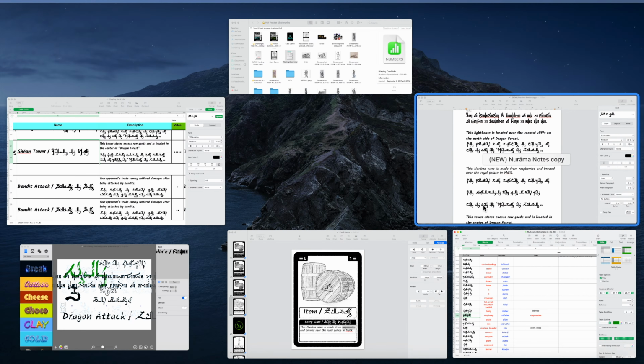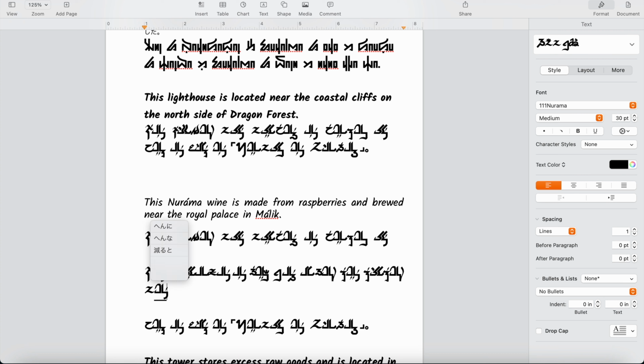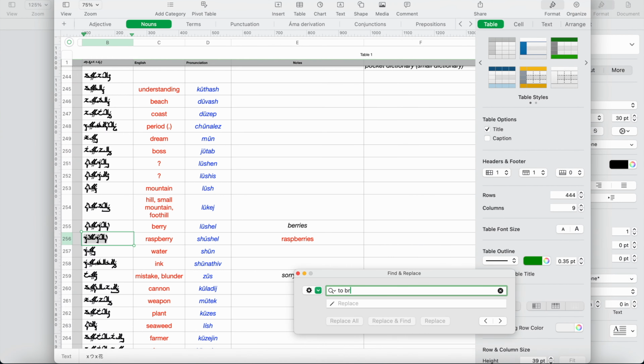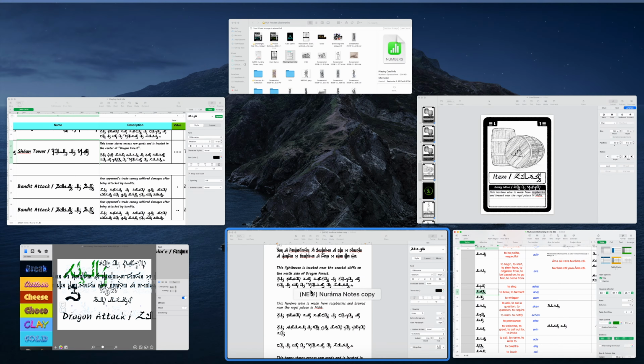When I created the Narama typeface, I soon realized that there weren't enough English symbols to assign Narama letters to, so I decided to assign them to Japanese letters, since Japanese is my second language. Therefore, you may notice some Japanese text floating around the Narama text when I type certain ligatures. For those curious, I chose the Japanese symbols I use based on the reverse pronunciation of the ligature in Narama.